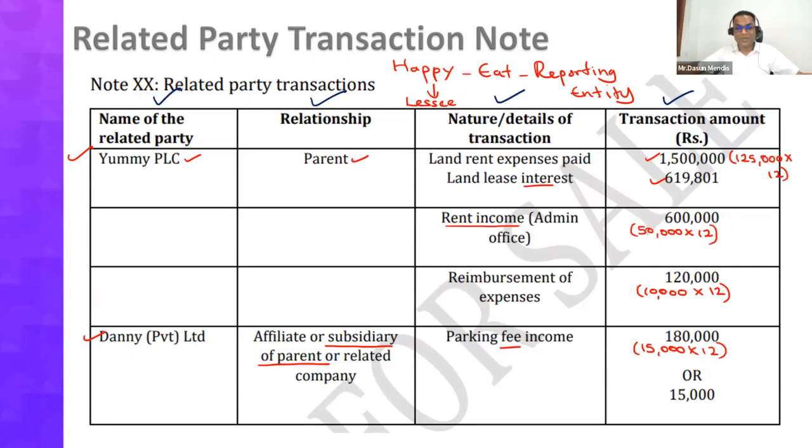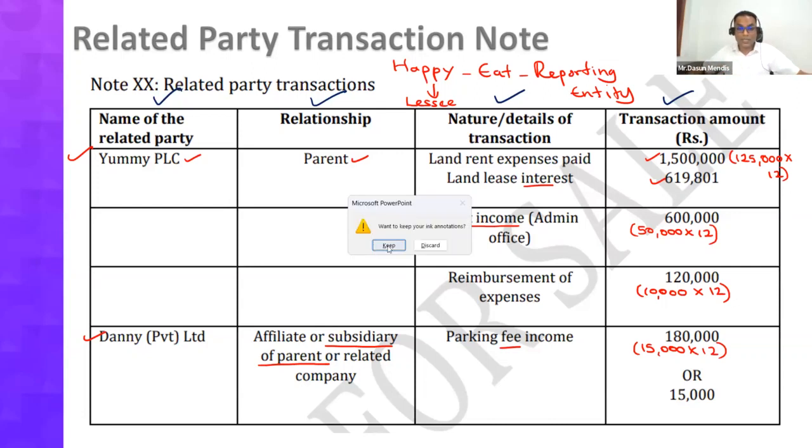So there are a lot of disclosures to be made, but all these things are not relevant to this particular question. What is relevant to this question, I have explained to you in detail, more than what is required, more than even what is available in the suggested solution on the website. I hope you understood, right?